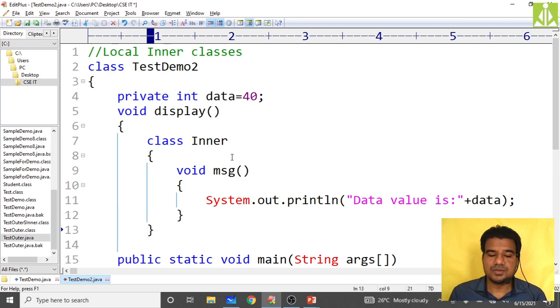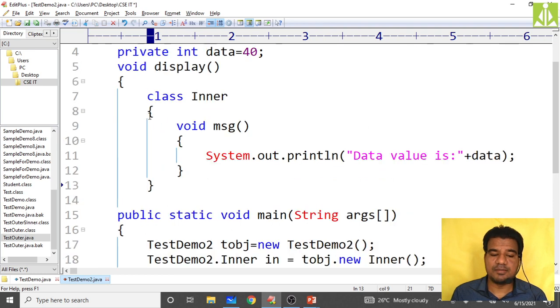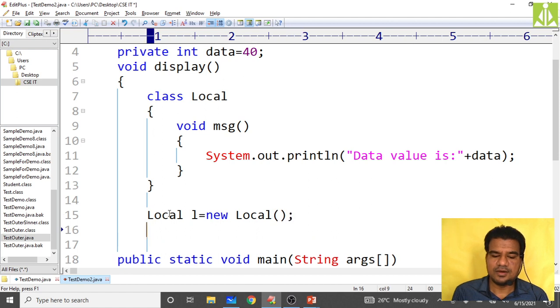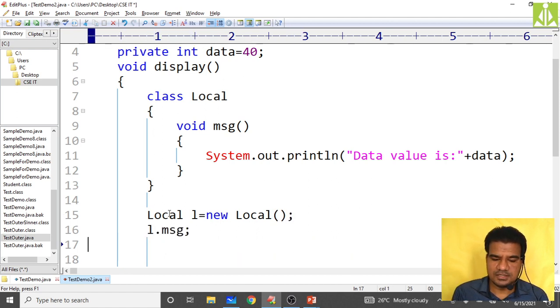So my inner class will go inside the display method, and after coming out of the inner class, I have to create the local class object. Instead of inner, make it local now. So Local l = new Local(); now l.msg(). It is a method.